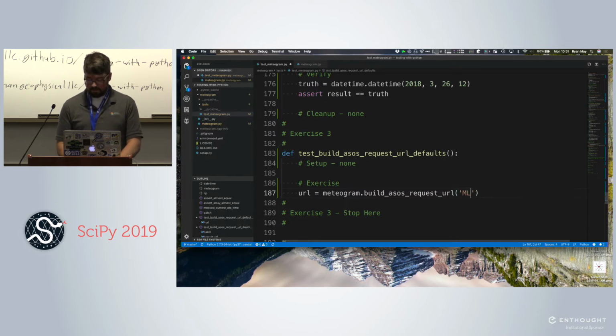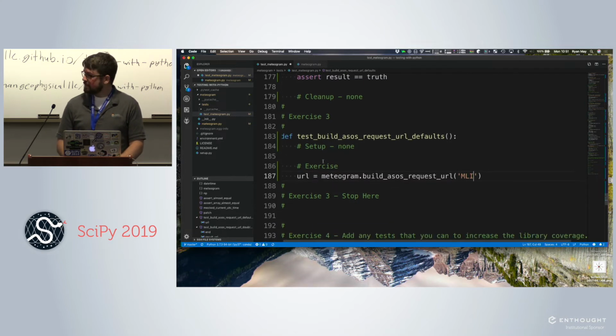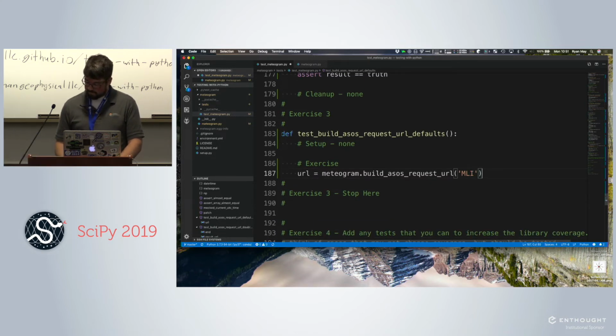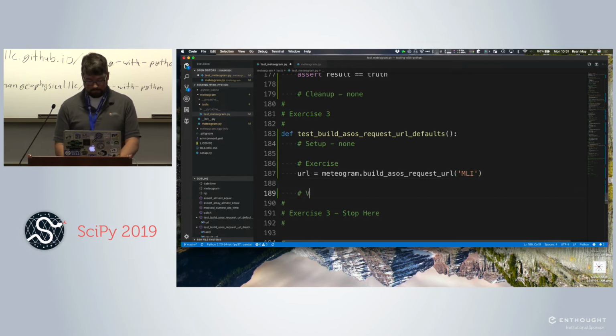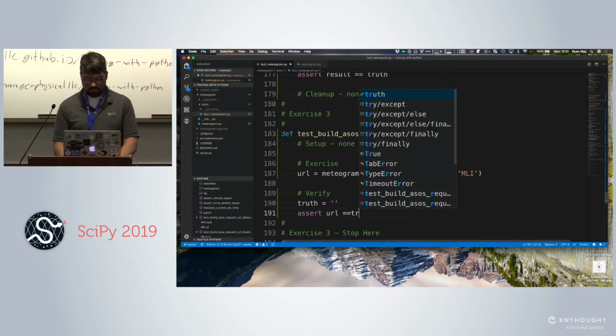And for fun, I'm going to switch it up to another station, MLI. I think that's Moline. And that's all we need because we're using the defaults for start and end. And then we verify. So our truth is empty string, assert URL is truth.